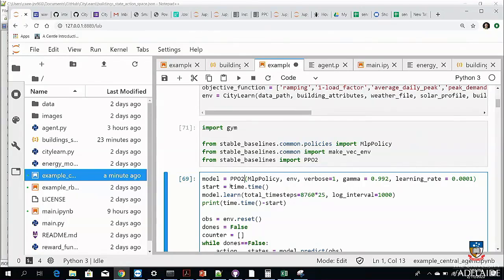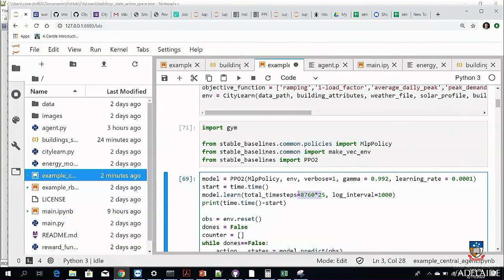And then PPO is not really using any batch size, because it's not storing any historical information, as SAC is doing. So you will not use any batch size, but you will still use the discount factor and the learning rate that you can modify. They will be set automatically to some default values, but you can change them. And then this value, model.learn,